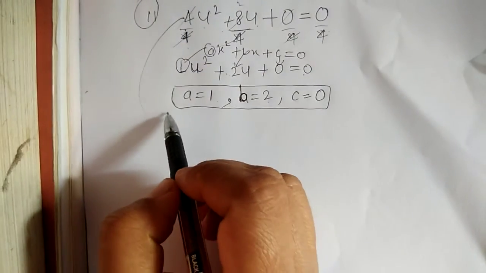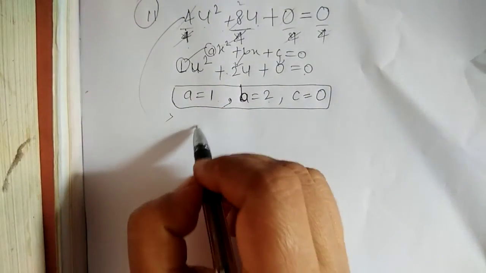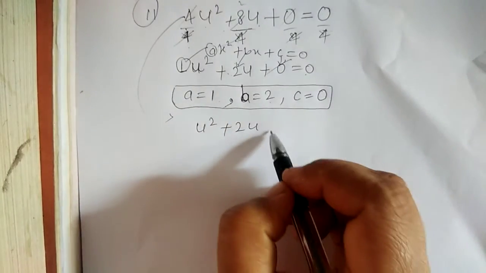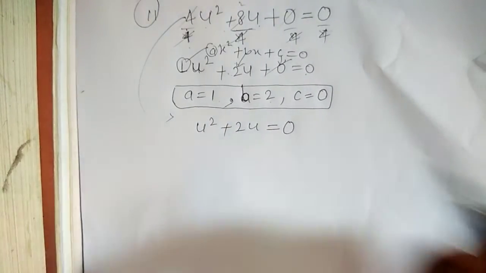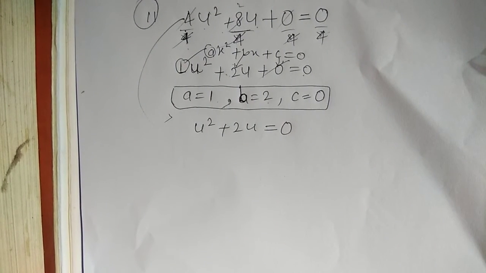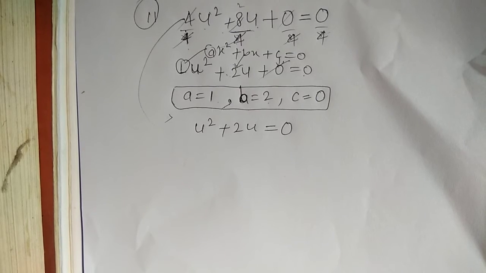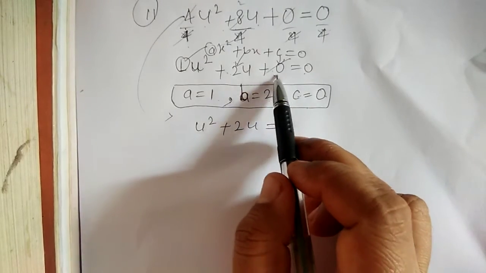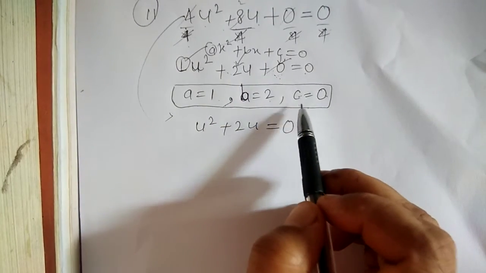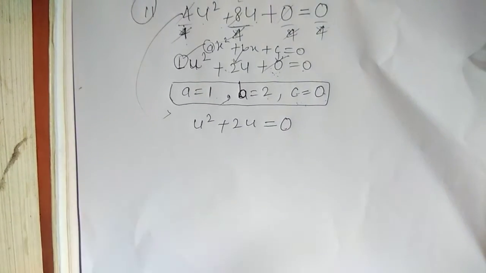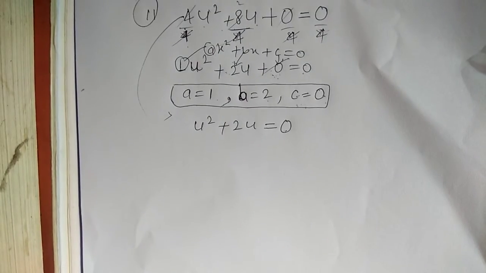Now to find the roots, what should we do? We should factorize this. We got the simplified form as u square plus 2u. Don't write this 0 because we want to factorize it. There is no value for that 0. We have written 0 to find the a, b, c values, so that you can better understand that c is 0. The constant term is 0, so I have written plus 0 here, so that you should not get confused. Now for calculation, we need not take 0 there.